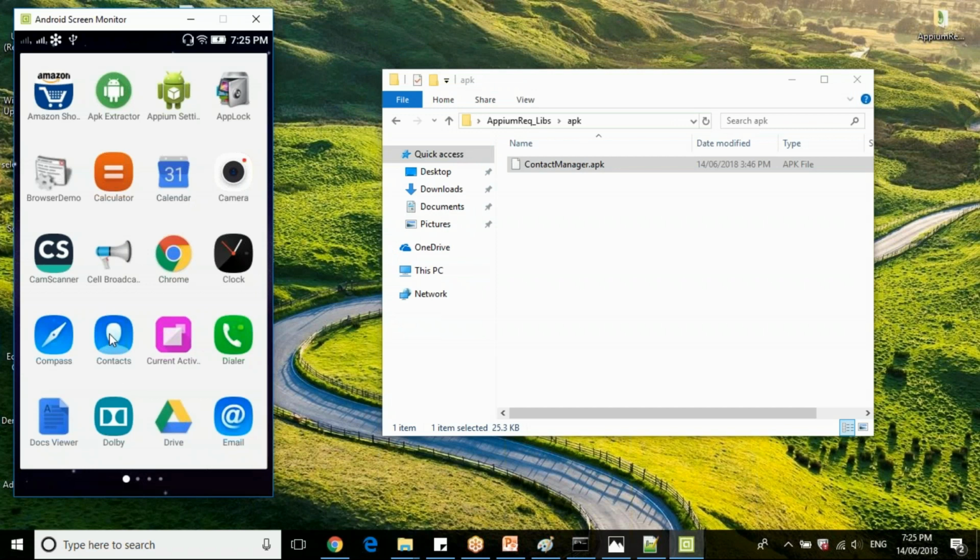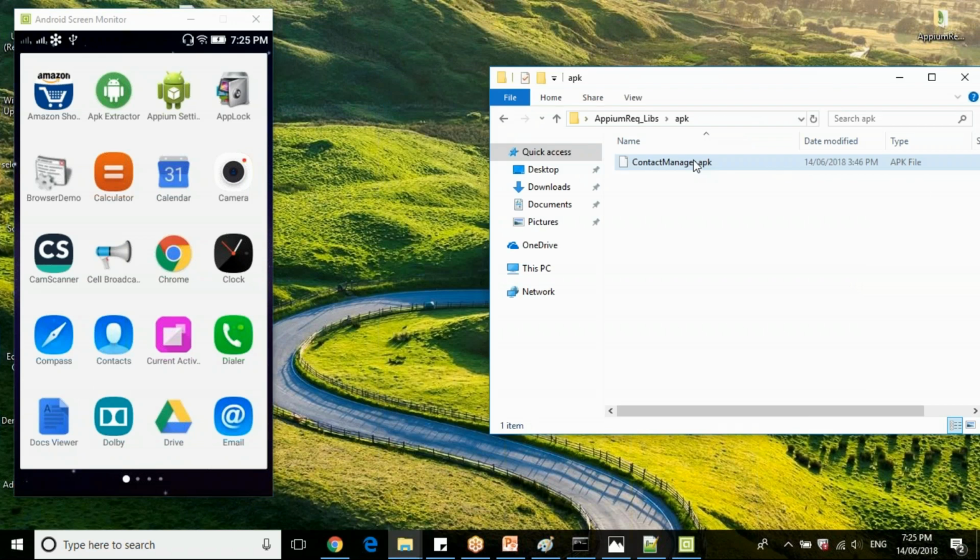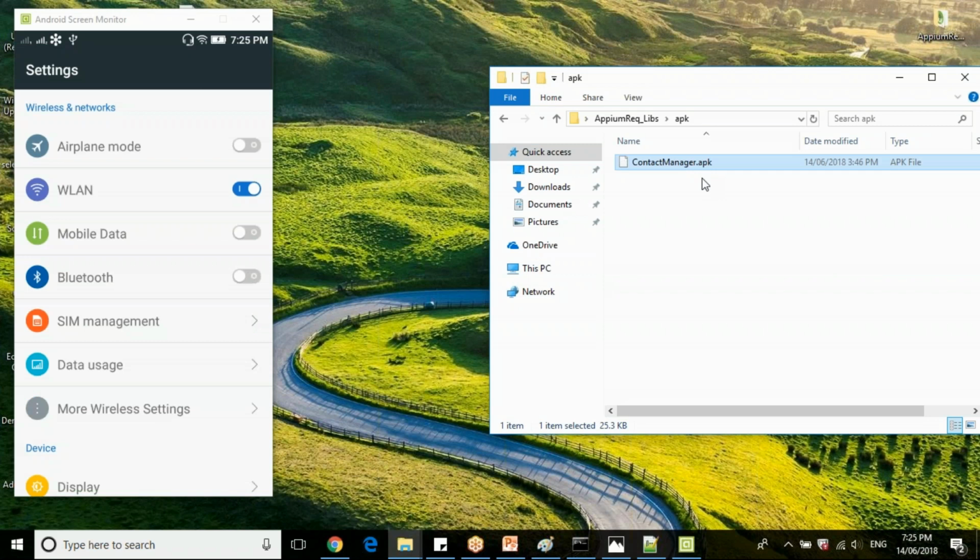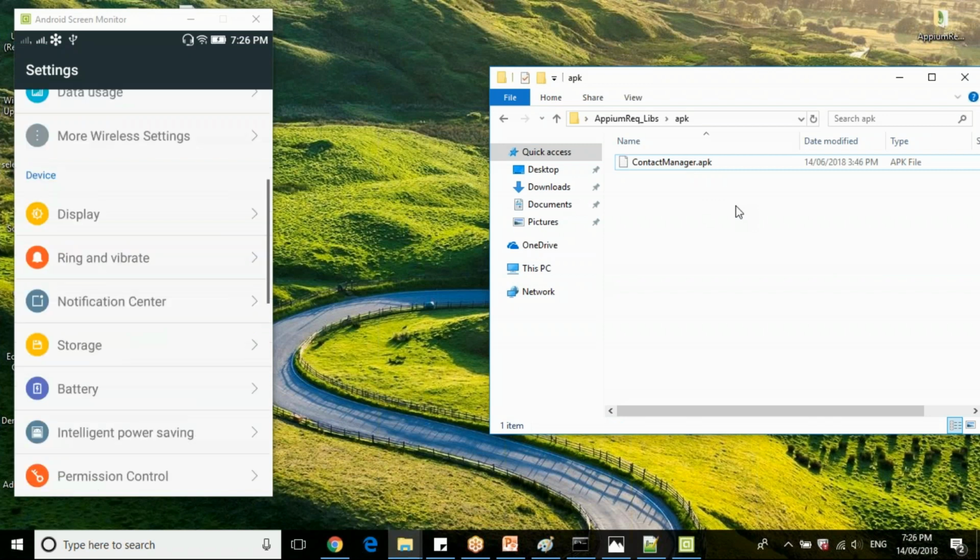Now my developer has said, hey, I have developed the application contact manager. Can you go and install it on the Lenovo device, write some test cases, check it, and give me a test result for this? So then what I need to do as a tester, I will get this APK file. I need to install it into this particular mobile device. How can I do that? I need to use this Android Debug Bridge.